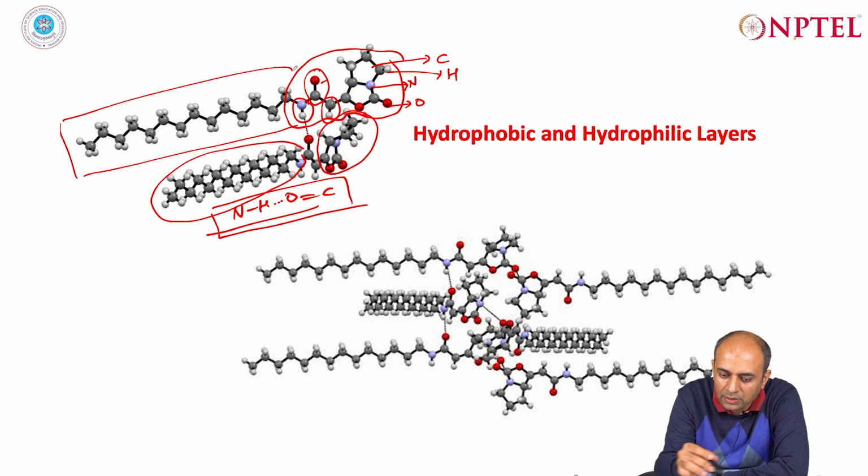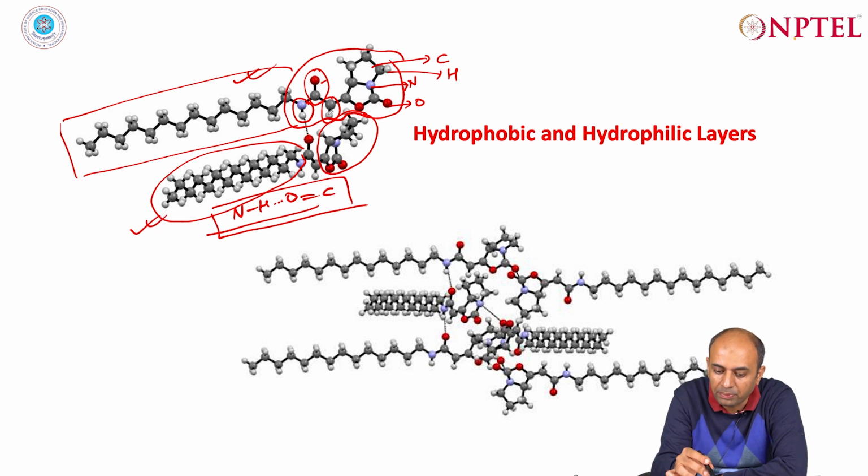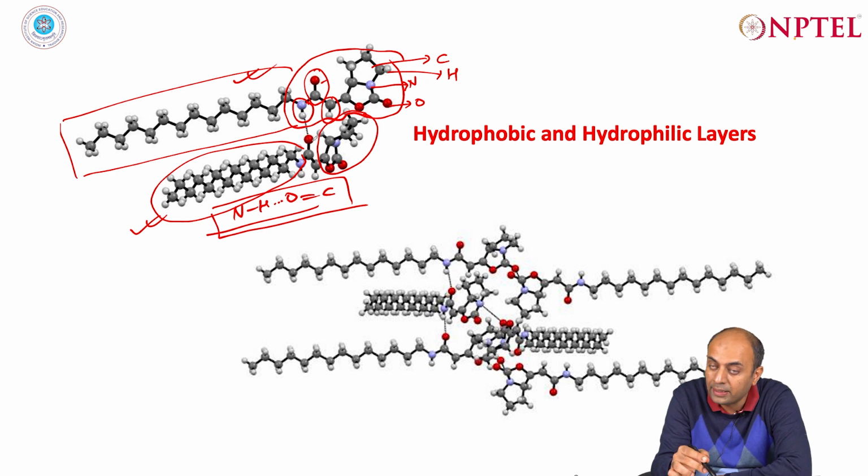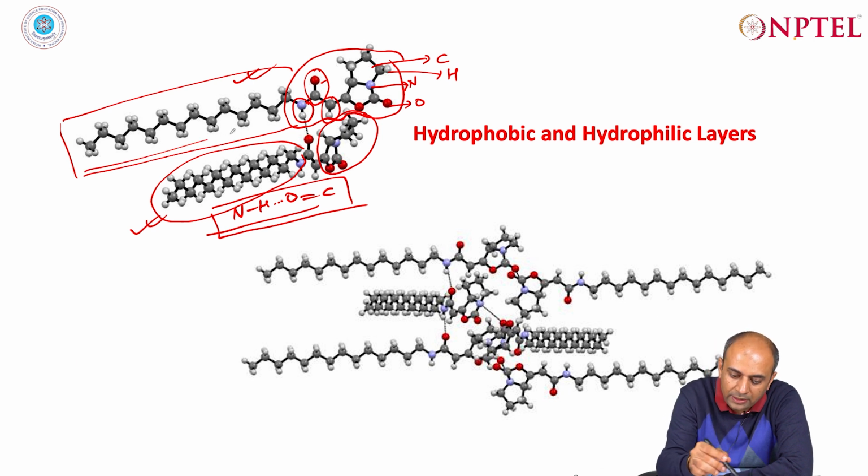So the molecule which is in the plane is drawn for you. This is the molecule in the plane, and this molecule is almost orthogonal to this particular plane. In maintaining this orthogonality, it tries to maintain the N-H...O hydrogen bond. Now what would have been preferred is also to have a close association of this alkyl chain with this